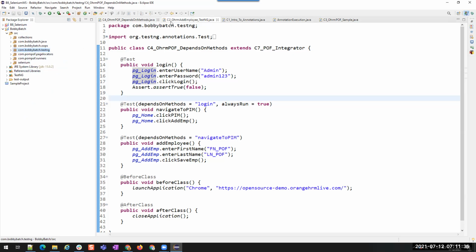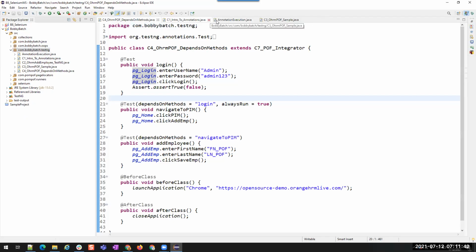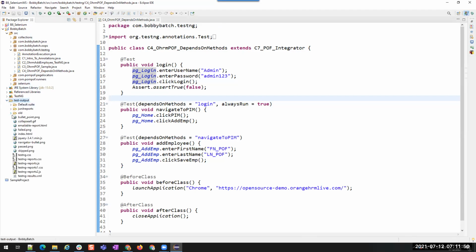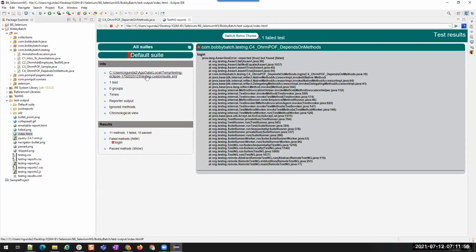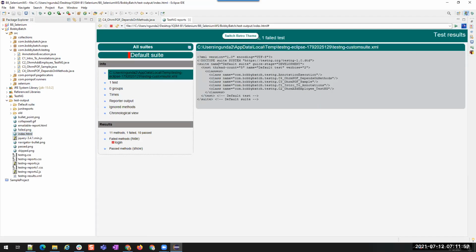Now you see, when I run any of the class files of TestNG, on the report you will find the XML, right? We have discussed, right? The XML is automatically generated as a temporary file and all those things we have discussed. Let me show you that on this index.html. See, this is the TestNG XML file which is being temporarily used.